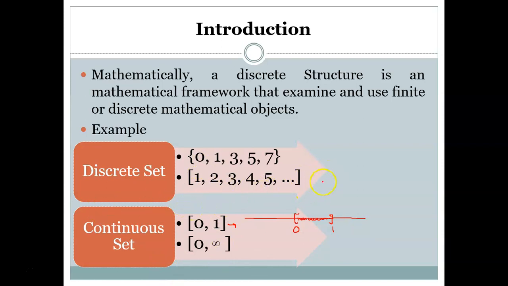Why is it discrete? Because if you have 1 on the real line, 2 here, 3 here, this set consists only of these points 1, 2, 3, 4 and so on so forth. So it consists only of these elements. The real numbers between 1 and 2 are missing in this set. Similarly, numbers between 2 and 3 are missing in this set. So that is why this is a discrete set, and in fact it is a discrete infinite set, and the other is a finite set and discrete set.